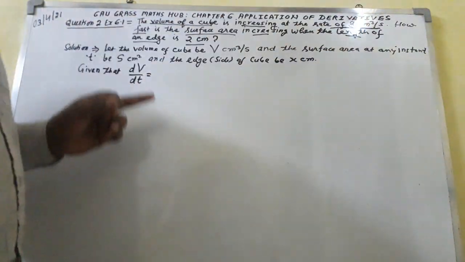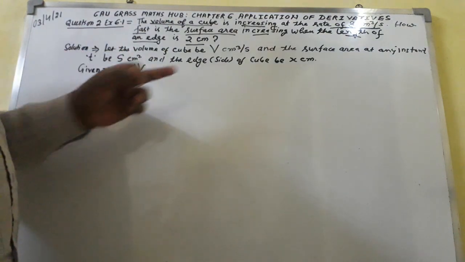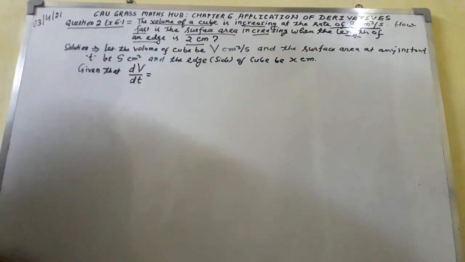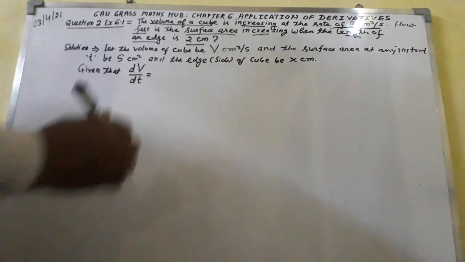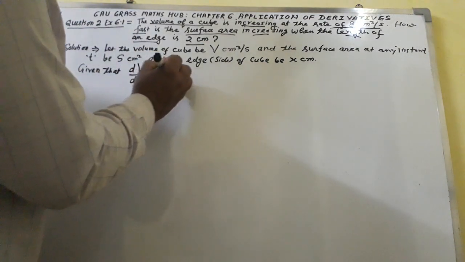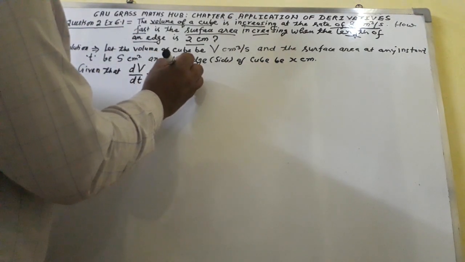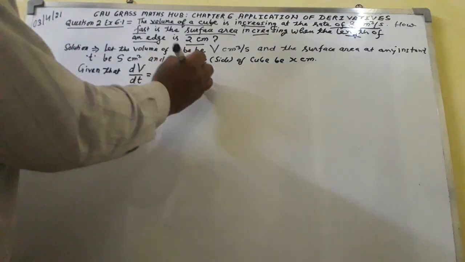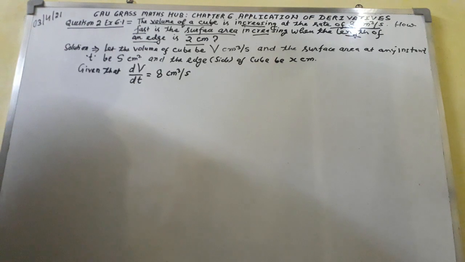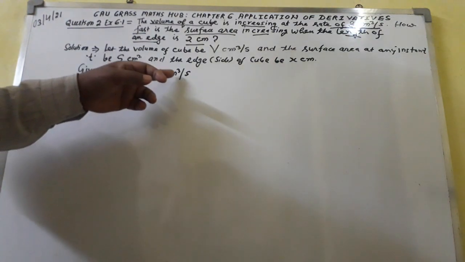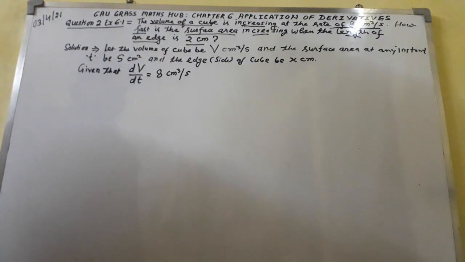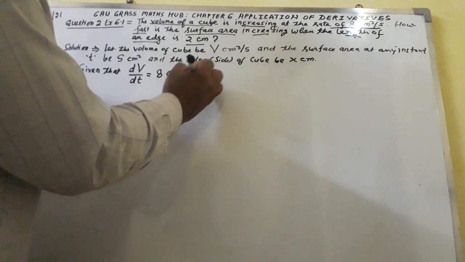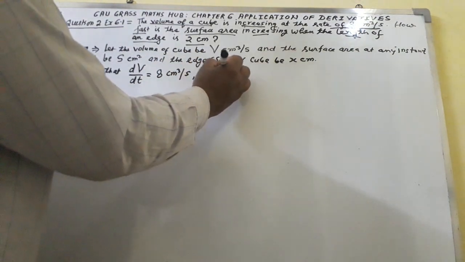Centimeter cube means volume, per second time. It is given that dV over dt is equal to 8 centimeter cube per second, to find